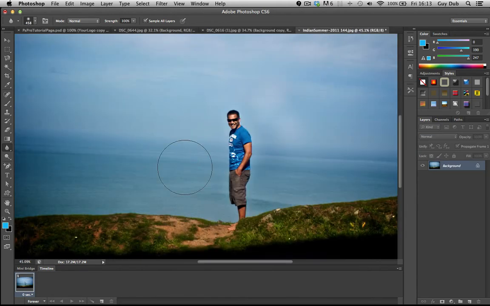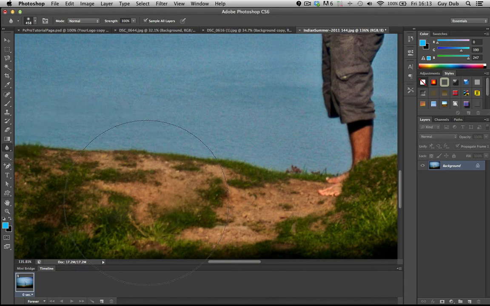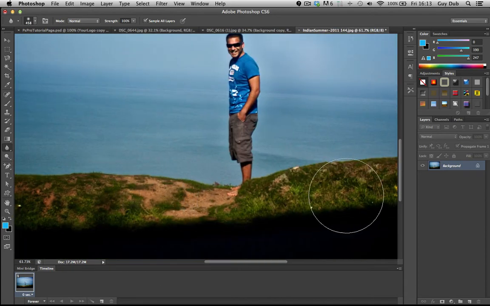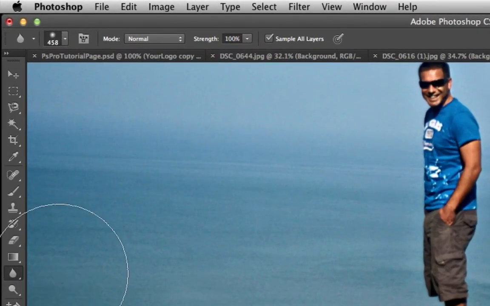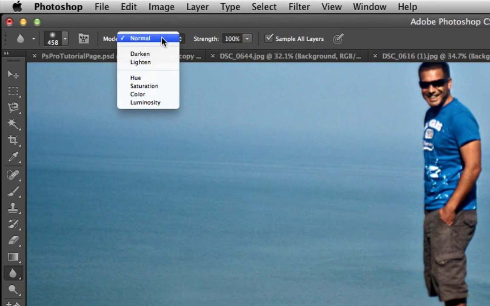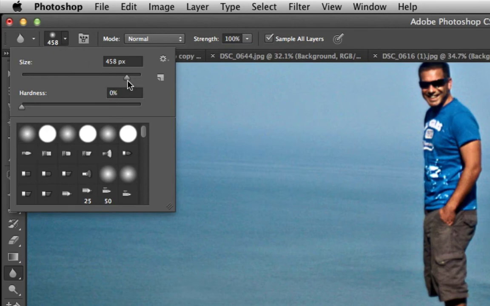So the image I'm going to use as an example for the blur tool is this one again, me overlooking the beach, and I'm just going to zoom in and you can see here that we've got the grass quite in focus, not really that sharp. I'm going to head on over here and select the blur tool, and you've got a couple of different settings here. You've got your normal typical layer styles and you've got strength. I'm going to leave it set to 100% maximum just so you can get an idea really quickly of what it is, and I'm going to make sure that I've got a big brush set